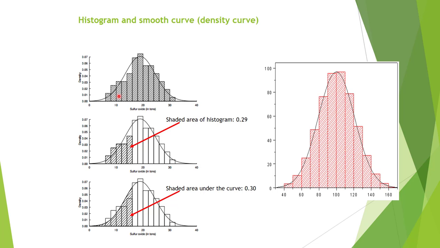Okay? And then in mathematics, sometimes we can find a density curve. A density curve is a smooth curve. Look at the smooth curve I found here for this particular histogram. And you will ask, can I randomly draw a smooth curve to match my histogram? The answer is, of course, no. Because when you find the appropriate smooth curve, you have to make sure